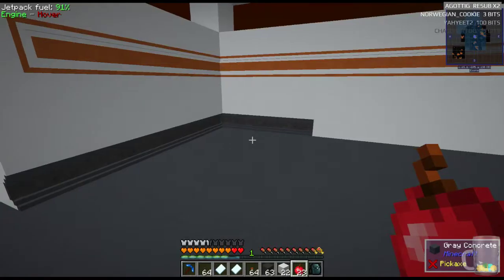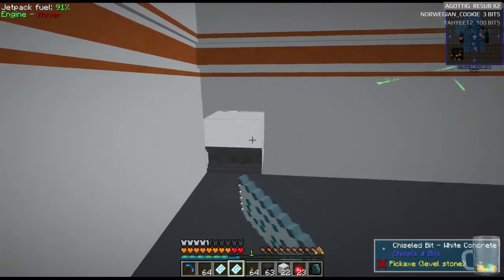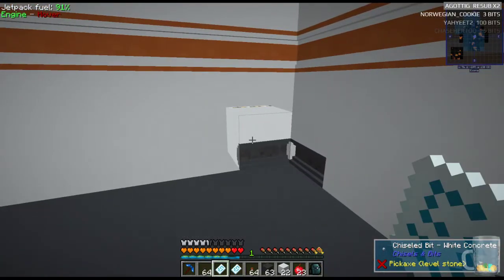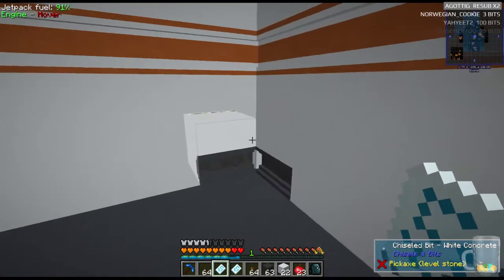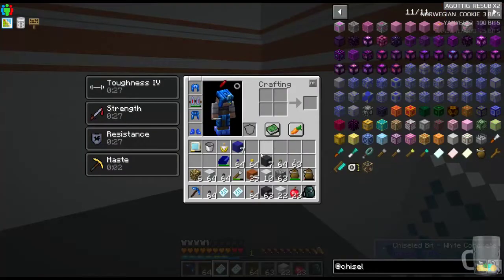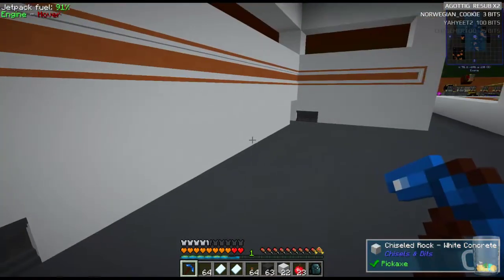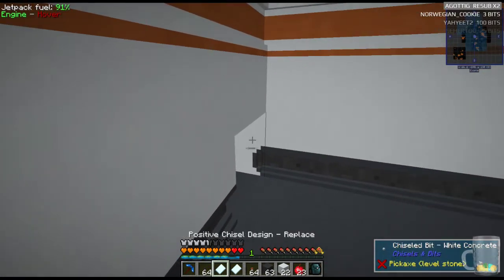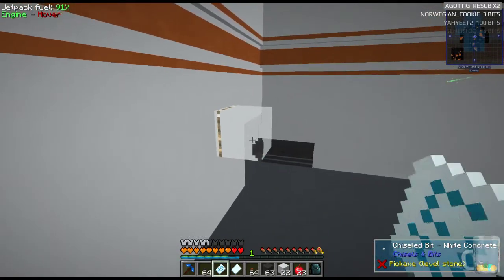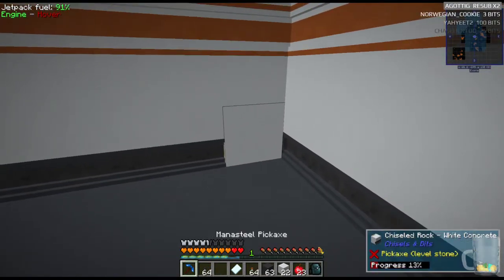Let's do this. So left would be that, and right would be that. So bam, and what? Huh? Oh, it's the middle block there. Okay. Yeah, that makes sense. Let's turn these both into that. Break this block. And this block. Take this design from here. Put it there. And we can place the...